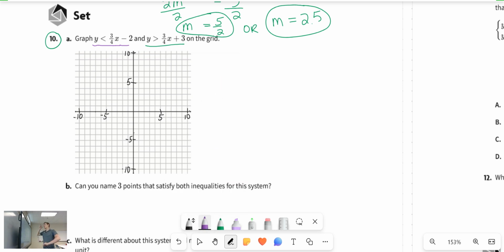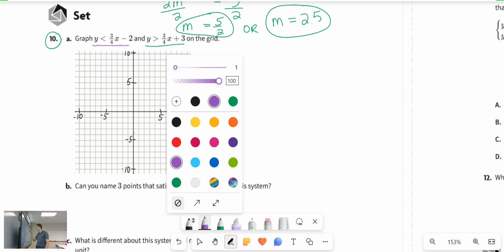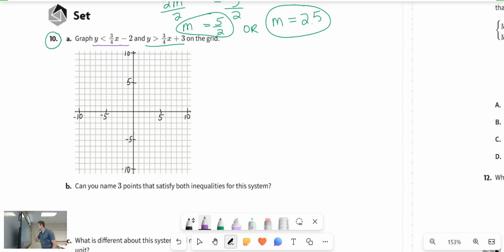So let's switch back to purple. All right, now we're graphing. So first, y is less than 3/4 x minus 2. The minus 2 tells me that this is going to intersect, let's make the point a little bit bigger so that we have it very clearly, at minus 2. That's right there. And it'll have a slope of 3/4,